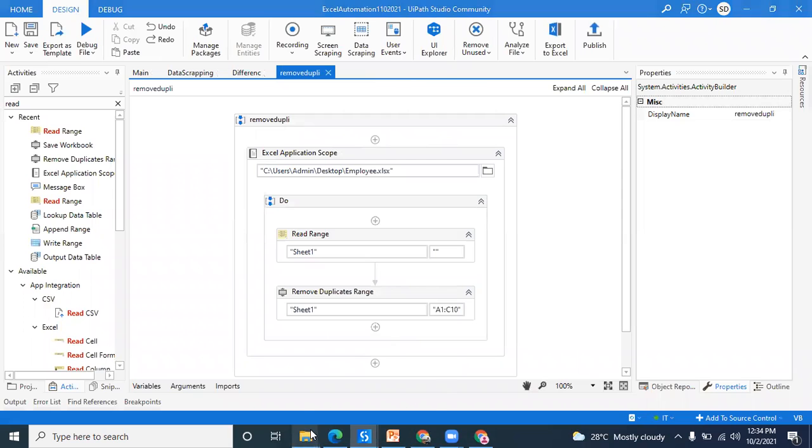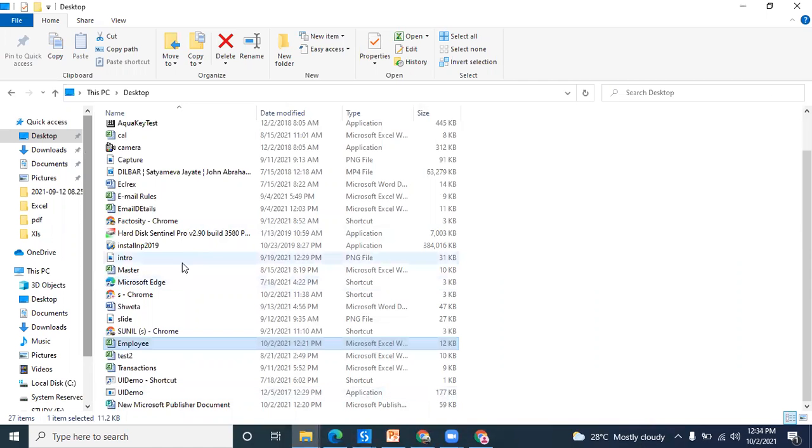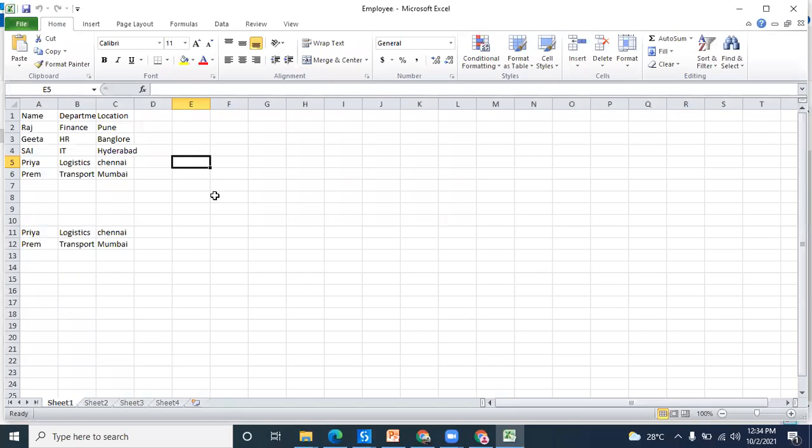Yeah, you can see duplicate values are removed. Values are deleted till row 10 because we have given the range as C10. So it is removed till C10. If we put C12, then it would delete till C12.